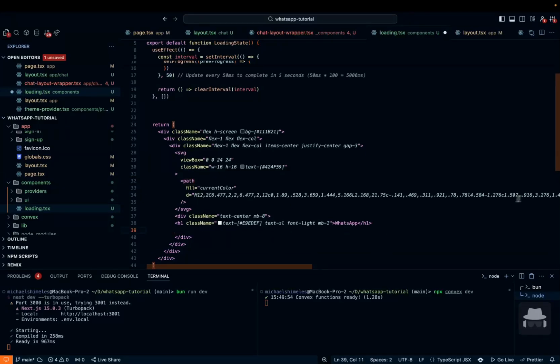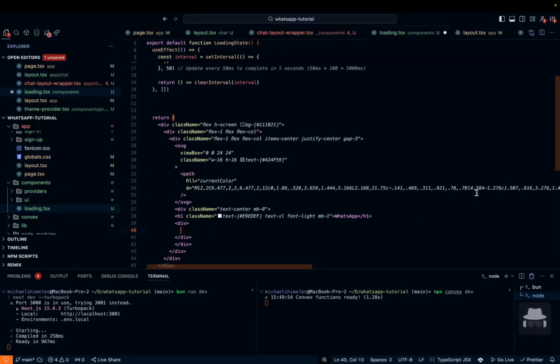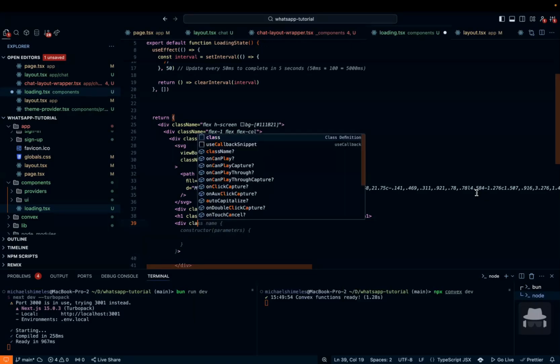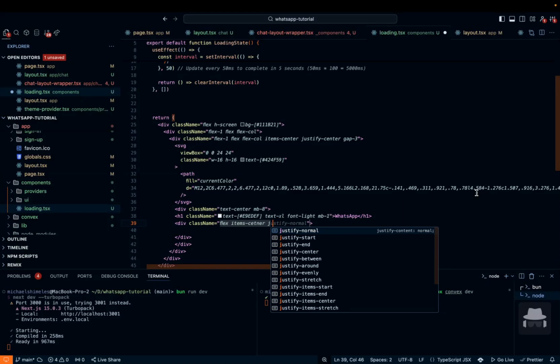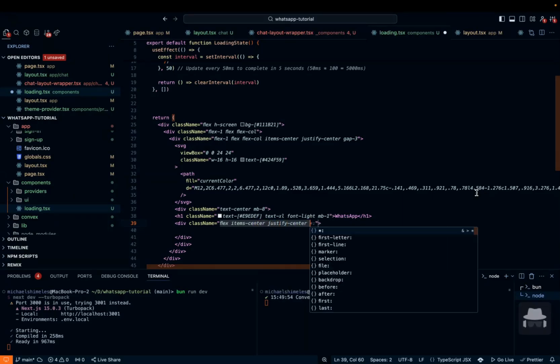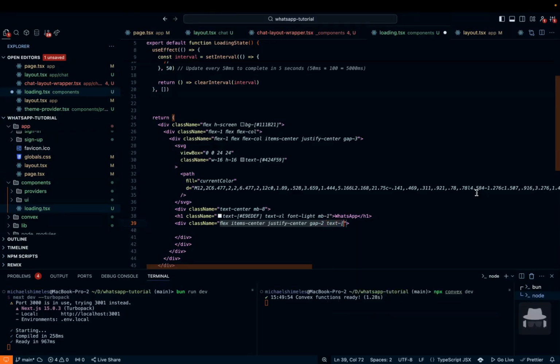Perfect. And then we're going to have our final div, one of our final divs, class name flex, items-center. Why do I keep spelling center wrong? Items-center, justify-center, gap-2, text, and then we're going to do a more grayish text right here,